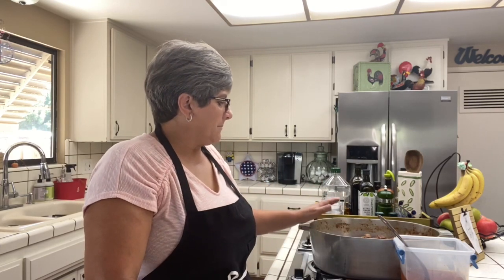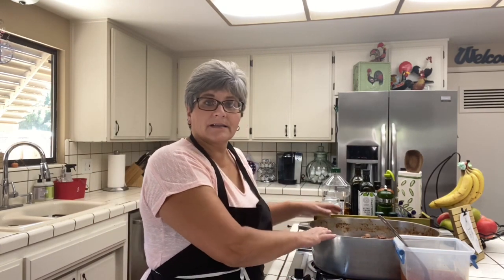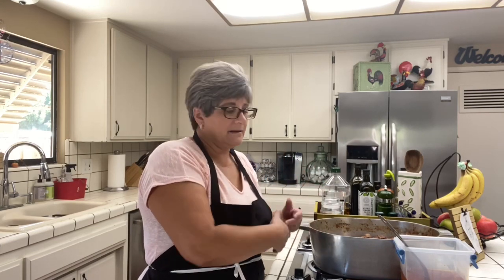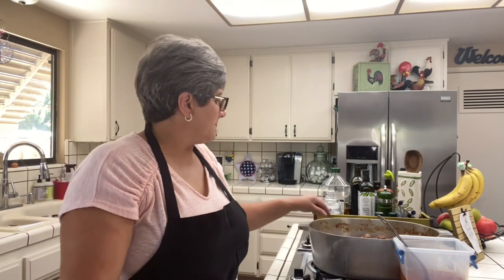So now I'm going to put this in a container and put it in the refrigerator. Tomorrow I'll put it back in this and reheat it, take some of that fat, and then I can give it to my customers. And I'm going to boil some potatoes. Some new potatoes are going to go with this. You want some of that juice to put over the potatoes, and it's delicious. So anyway, this is my Torresmos